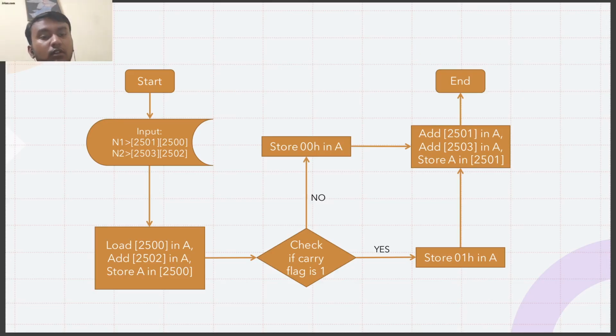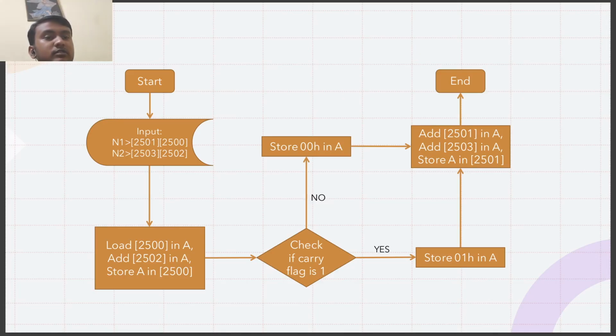Then we load the value from 2500 to A and add 2502 to A. The answer we get in accumulator we store in 2500, and check whether the carry flag is 1 or 0. If the carry flag is 1, then we put the value in accumulator as 01H.